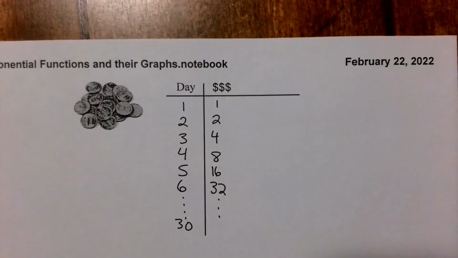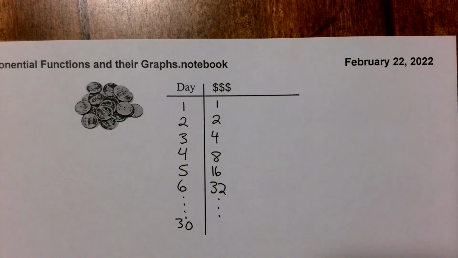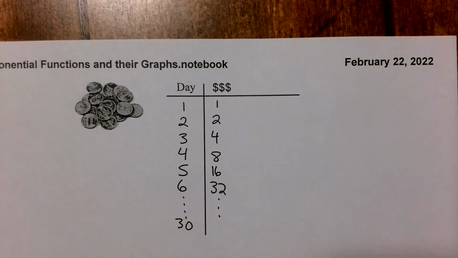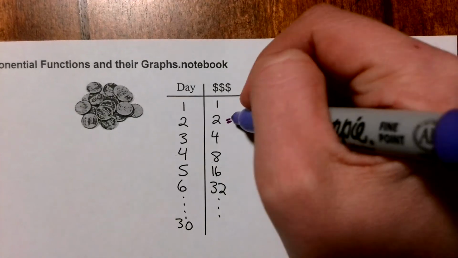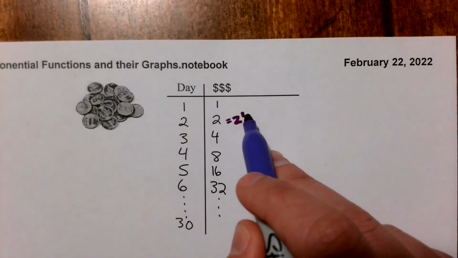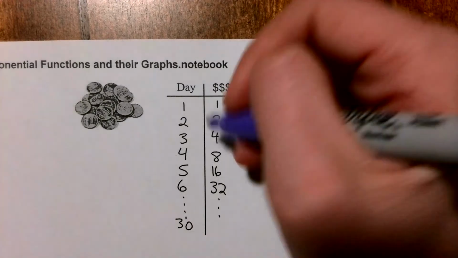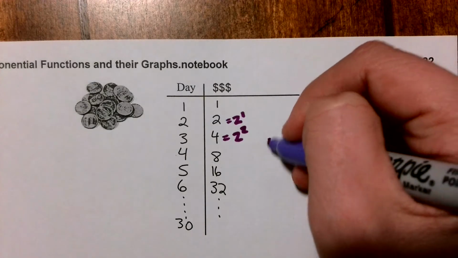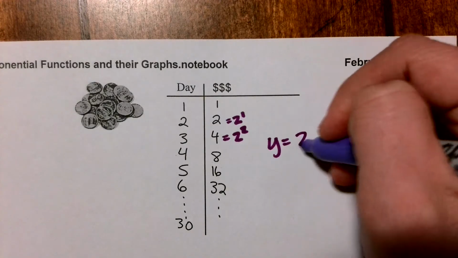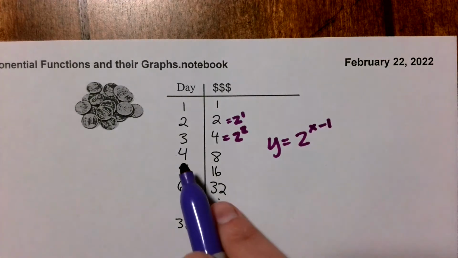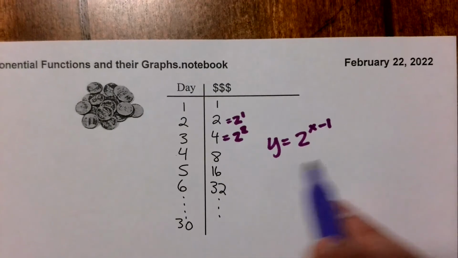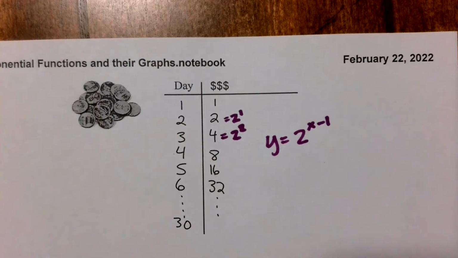Make your decision. So this is going to look similar to the paper folding. The only difference is that whenever I am raising 2 to a power, the exponent is 1 less because there wasn't a 0 day. So when I'm looking at this being 2 to the first, I actually plugged in 2 and my exponent ended up being a 1. So my exponent is 1 less than what it should be. So my equation here is going to be y equals 2 to the x minus 1. That way, whenever I'm plugging in 4, I actually raise 2 to the third power to get 8, and so on. But other than that, very similar to our first equation.